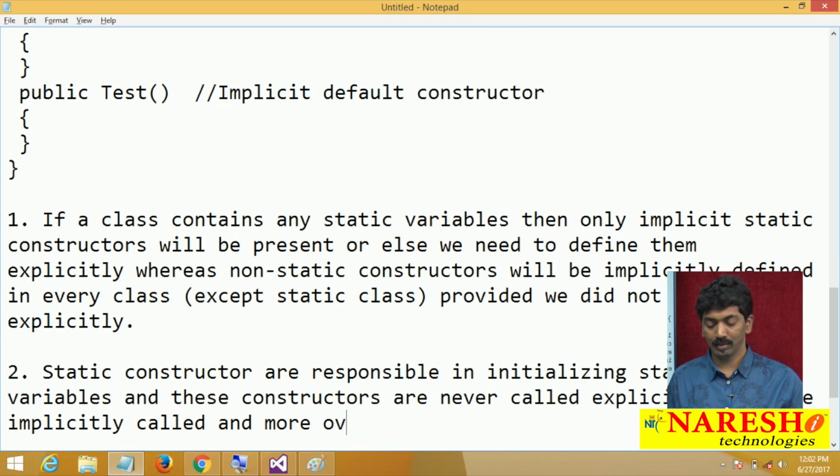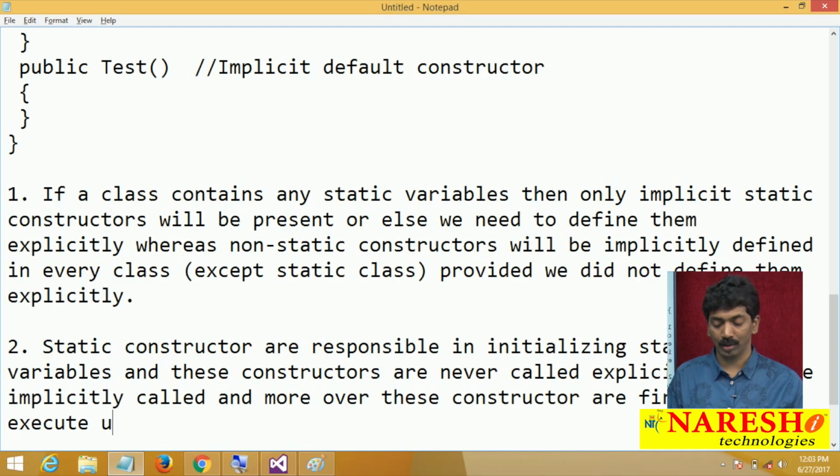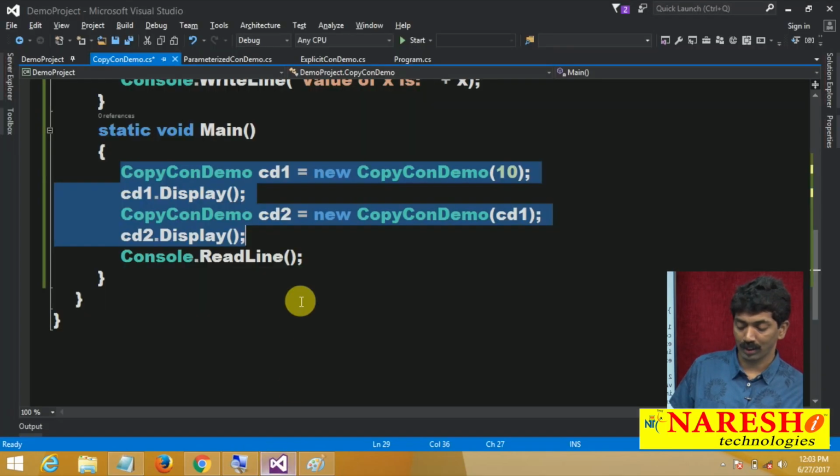And moreover, these constructors are first to execute under any class. What is the meaning?